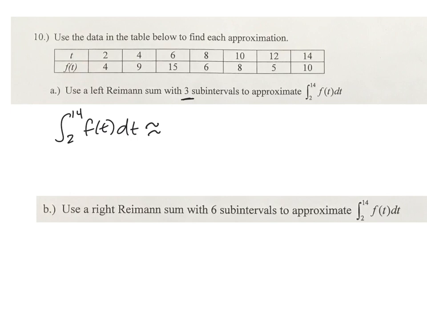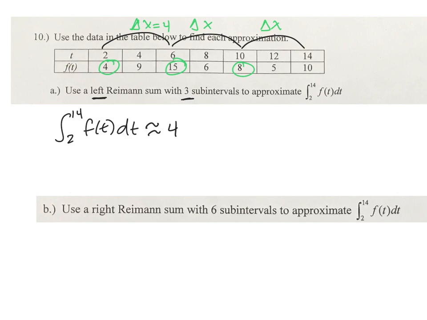Now if we're using 3 subintervals, we're going to have to break this up into 1 interval, 2 intervals, and 3 intervals. We're using a left Riemann sum, so that means in each interval we're going to use the leftmost x value for our height. And then our delta x is going to be the difference from one x value to another. So our first rectangle has a delta x of from 2 to 6 is 4. So we're going to take 4 times